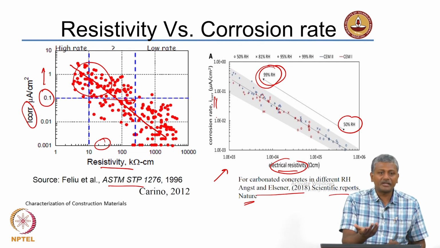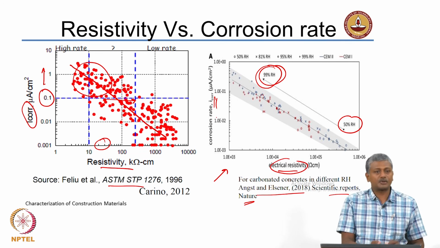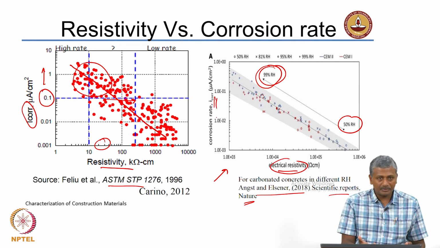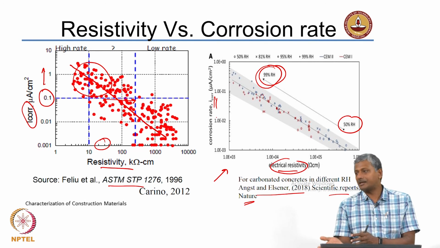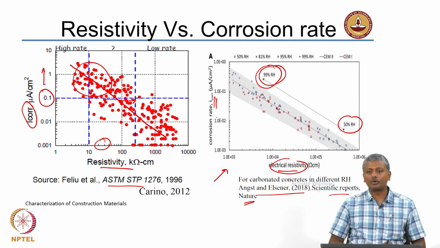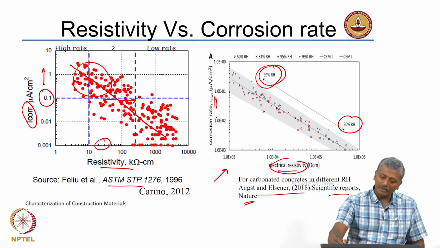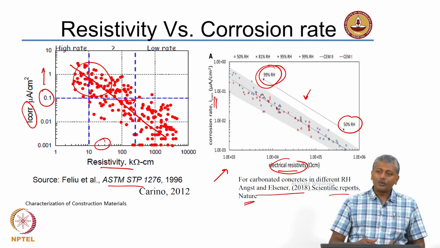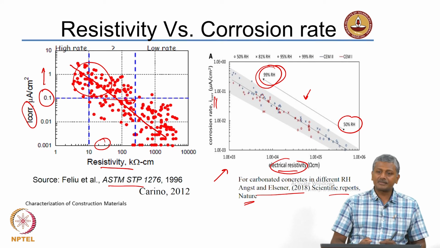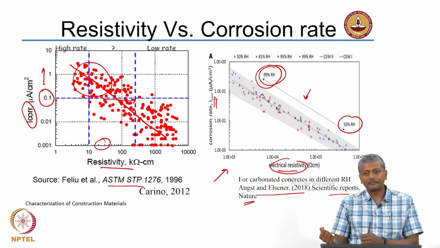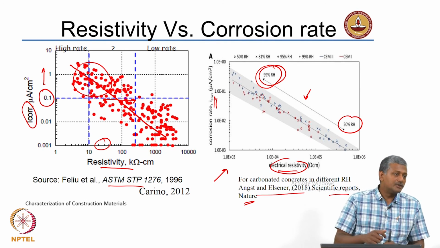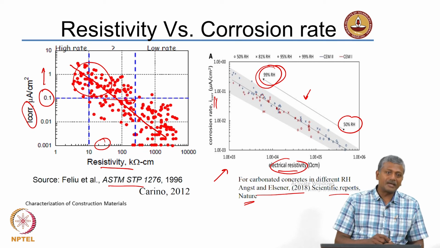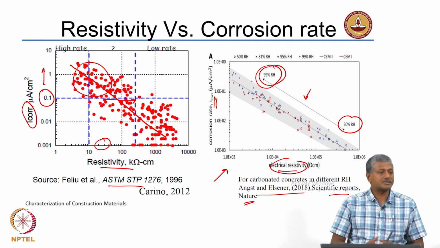That seems to match well with our understanding of corrosion, because the corrosion rate is going to be high in a very moist environment. When the environment becomes drier and drier, your corrosion rates are not going to be as high, because there is no easy path for the flow of your charges. So, this holds a lot of importance for understanding how corrosion propagates in concrete systems which have different types of binders, like slag or silica fume, and the kind of resistance that offers to the flow of charge can define to a large extent how the system will perform.